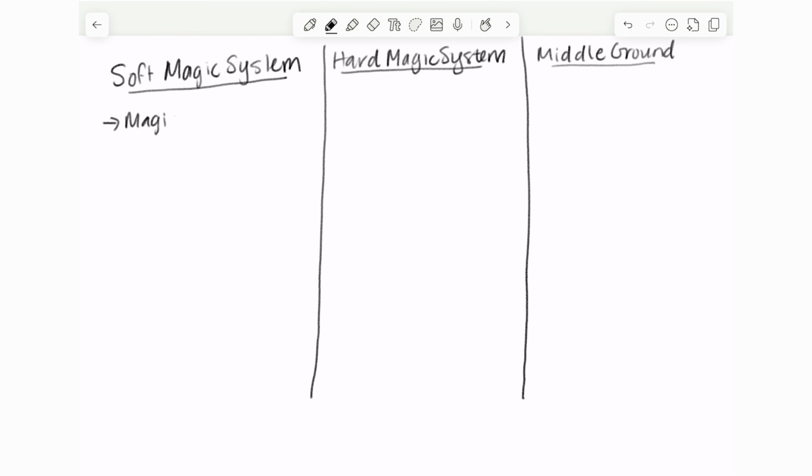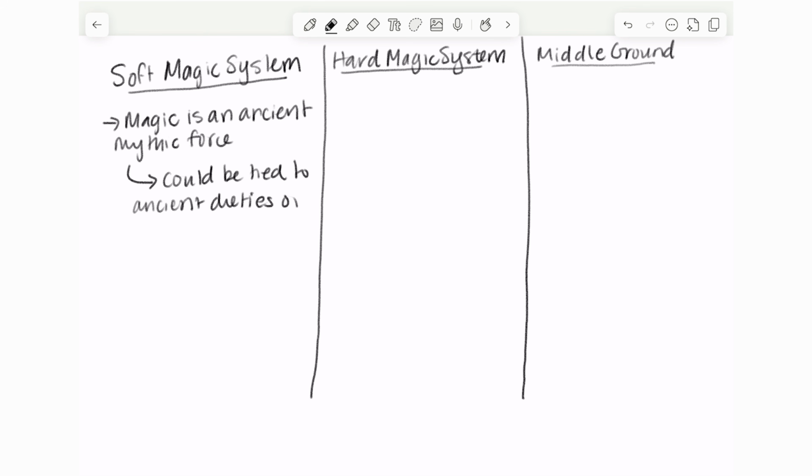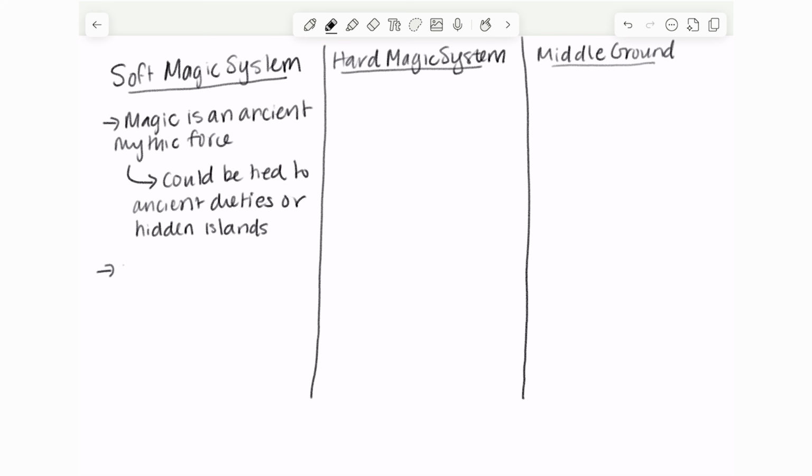So if I were to write this story as a soft magic system, I could have the magic be ancient. It's this almost mythic force of wind and sky. Maybe it's tied to something like ancient deities or hidden islands that reveal powers. The pirates, and by extension the readers, are never going to really fully understand or master how this magic works. So the characters, like that female pirate, would be relying on human traits like grit, resourcefulness, and teamwork to accomplish